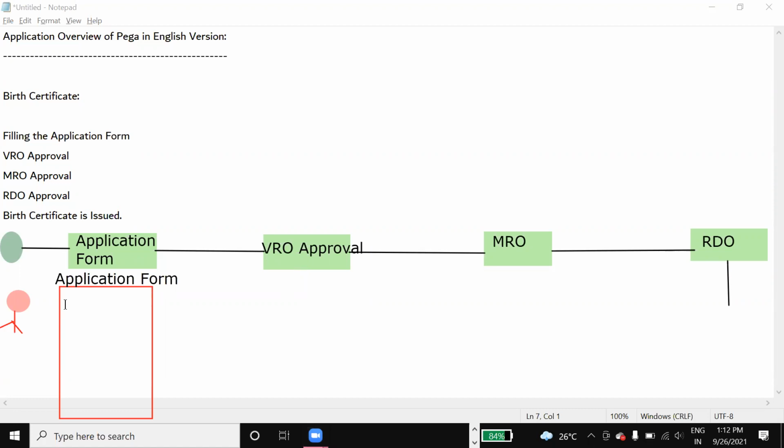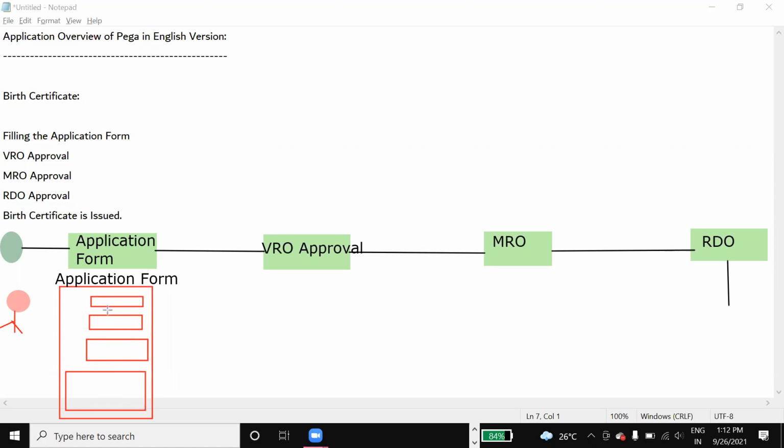So here he will fill all the details, like first name, last name, date of birth, father name, address details, and everything in this form. So this will be the application form.